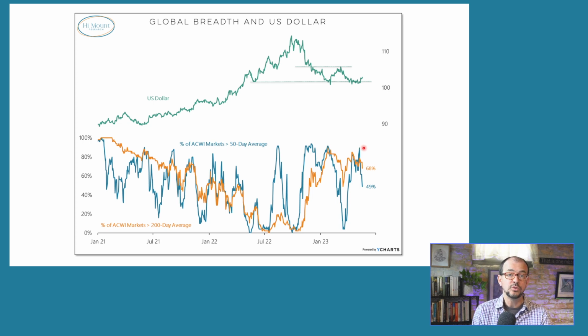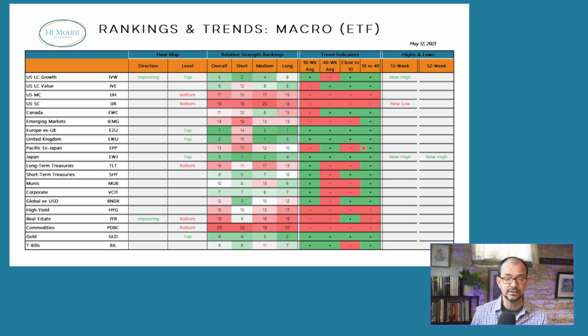So what can we do as investors? Well, we want to stay focused on relative strength. This is our look at relative strength from a macro ETF perspective. It kind of captures most of the broad areas: equities, fixed income, commodities. Leaders here, that's not surprising. That's Europe ex UK, United Kingdom, Japan. Number 4, that's gold. All 4 of those, if the dollar strengthens, could come under pressure.